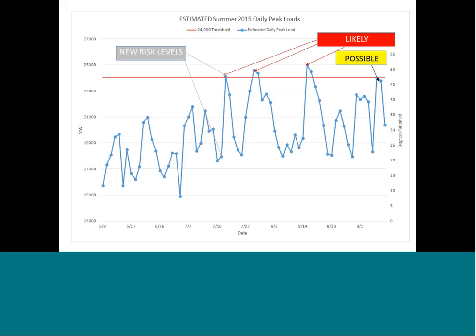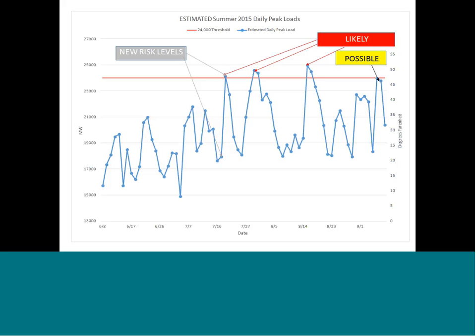So I'm just going to talk about some past results very quickly here. This is a graph of last summer, I believe, and this is the peak demand on the grid each day. You can see that it starts in early June and goes through early September. That red line was the likely threshold we had set at the beginning of the year. We didn't really even get close to it until